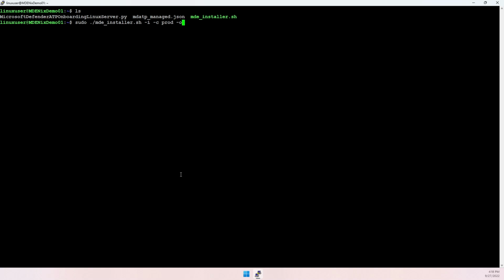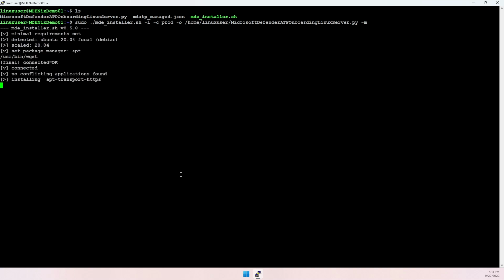Then we want to go ahead and automate the onboarding. So we're going to tell it where the script actually is. And then we are going to enforce the minimum requirements. And here we go. So everything is getting installed right now as far as prerequisites go. Everything that we set up before, it's checked the prerequisites in this box to make sure the minimum RAM, the minimum CPU, and the minimum amount of disk is available on this system. So it's safe to install.